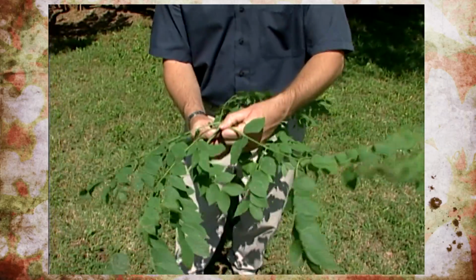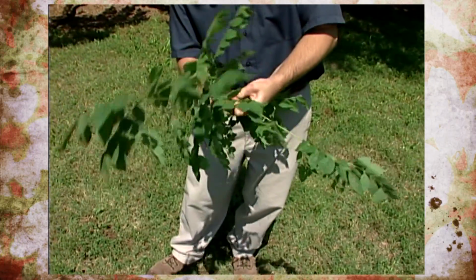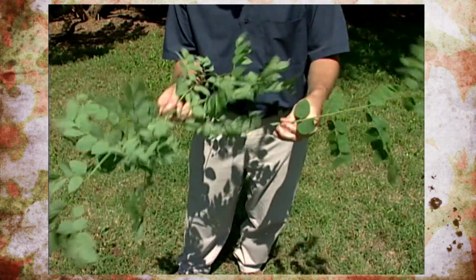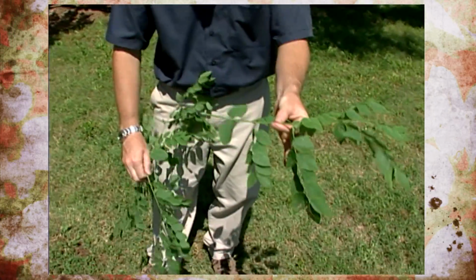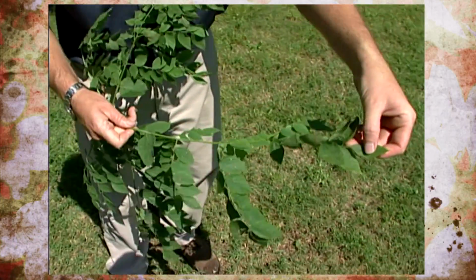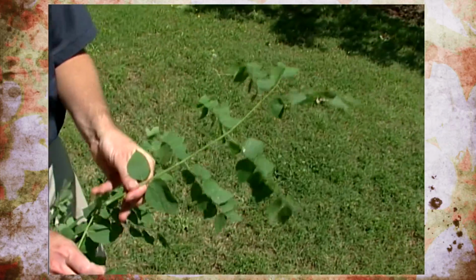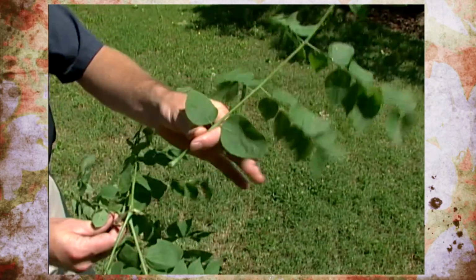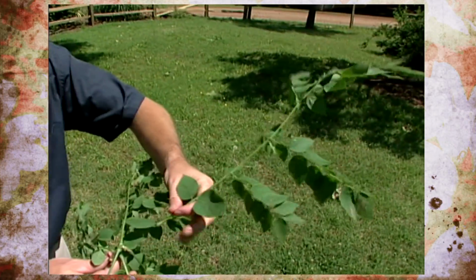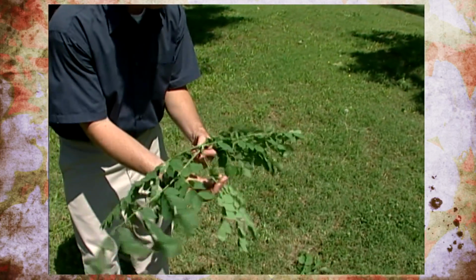This is one leaf right here of the Kentucky coffee tree. I'll just kind of break it off here. And you can see it's a very large compound leaf. These individual portions are called the leaflets, but this whole structure here is the leaf. So in the winter time, this entire structure will drop to the ground,